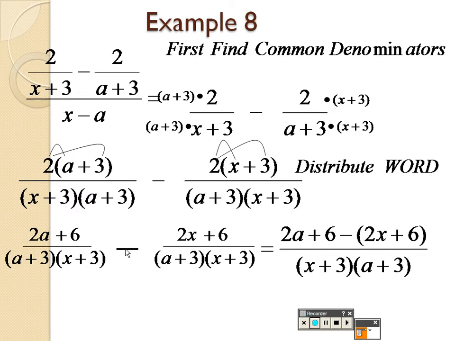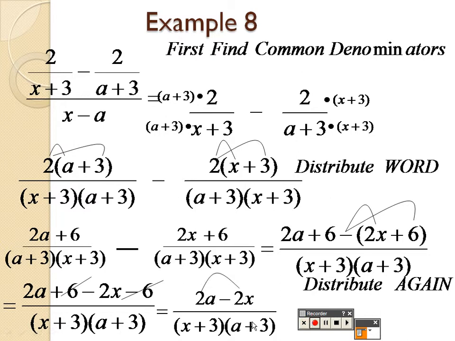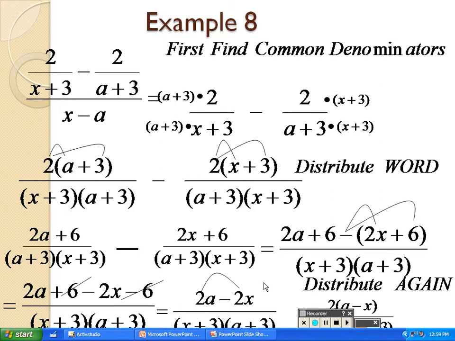But this is minus, so when I combine them, it's actually minus whatever's on top, which means I have to distribute that through. So that's minus and minus. So when I distribute, I actually get 2a plus 6 minus 2x minus 6. Well, this 6 and this negative 6 cancel each other out. That leaves me with 2a minus 2x over x plus 3 and a plus 3. So I can take a 2 out of both those,